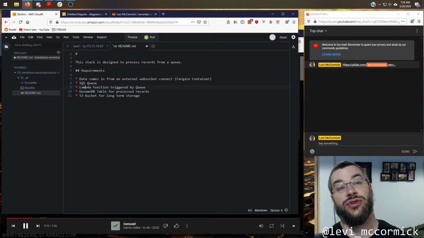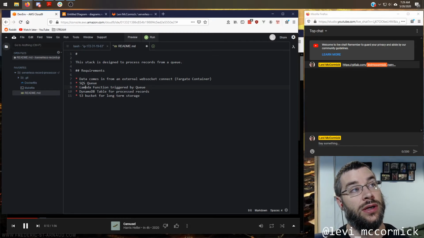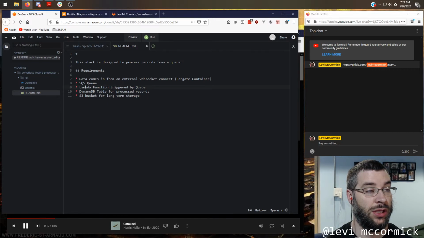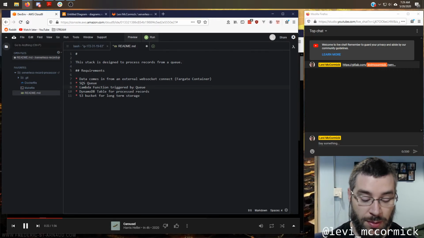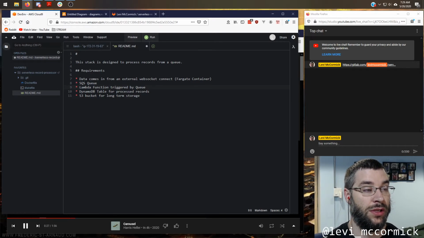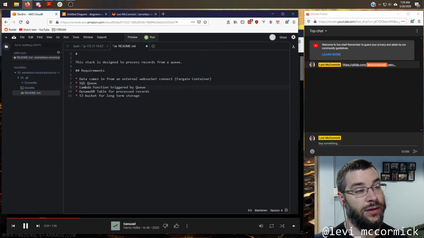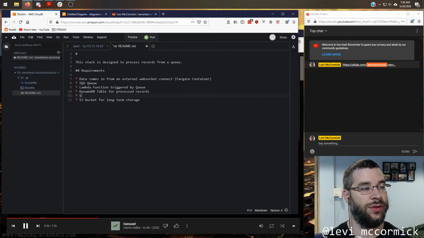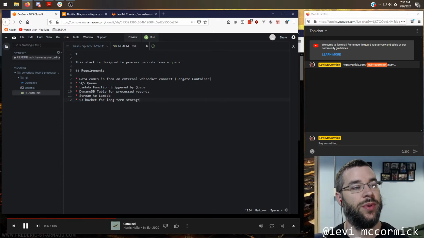It's sometimes really challenging to understand where the boundaries are. But, you know, maybe, there's a lot of maybes in this decision. I like keeping them separate for the most part. So why don't we engineer this? Let's put a stream to Lambda, and then we got this S3 bucket on the back end here.